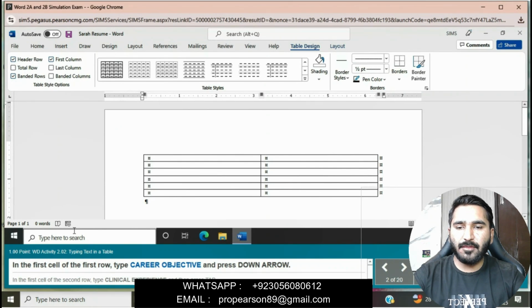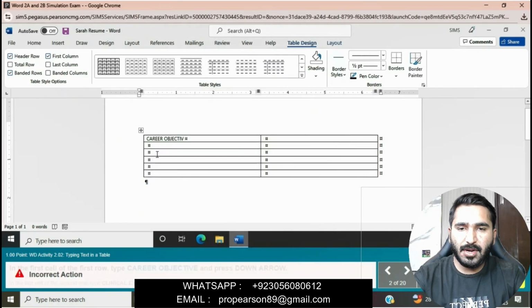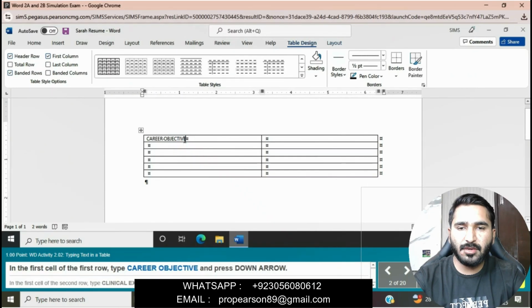We will click on the first cell of the first row, type Career Objective, and then press the down arrow. Okay, sorry, I missed an E.